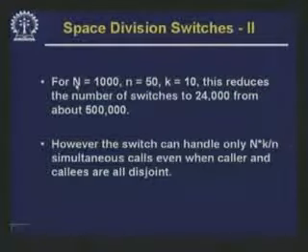So, if you now take the general case, for N equal to 1000, small n equal to 50, k equal to 10, this reduces the number of switches to 24,000 from about 500,000. Because 1000 into 1000 divided by 2 is 500,000, that is the number of switching elements you would require for a simple crossbar kind of switch, whereas by breaking it up into 3 stages in this fashion, taking this particular value of small n and k, namely 50 and 10, we reduce the number of switches to 24,000. However, the switch can handle only N times k by n. So, if N is 1000, k is 10 and small n is 50, N times k by n would be 200. Okay. So, only 200 simultaneous calls, so only 400 users can use it at the same time,